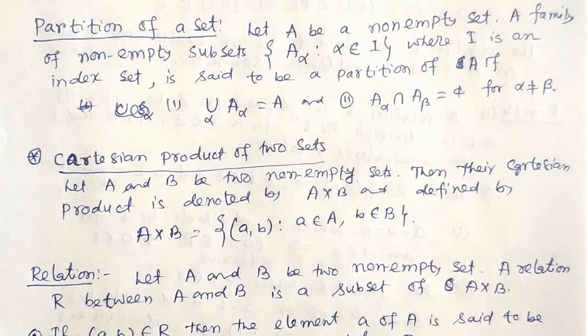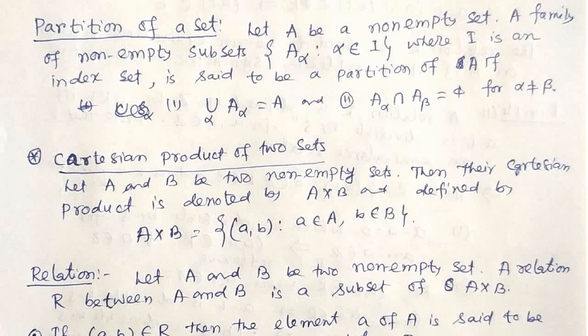So relation is defined in two ways. First is relation between two sets, and second is relation on one set. Usually relation is defined between two persons or two elements. The two persons may belong to the same set or may belong to different sets. If those two elements belong to different sets, then that relation is between two sets.